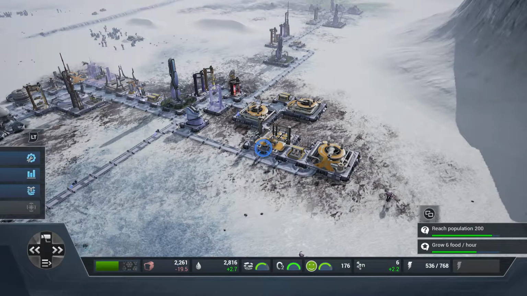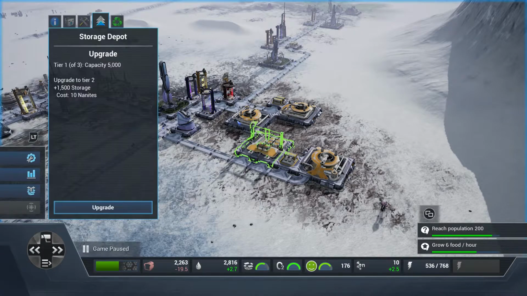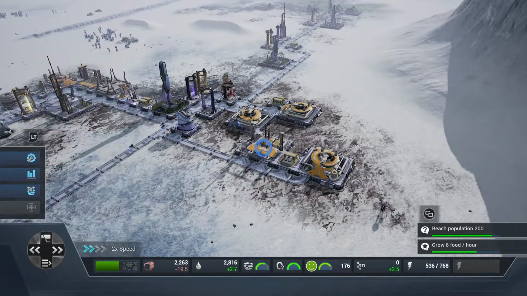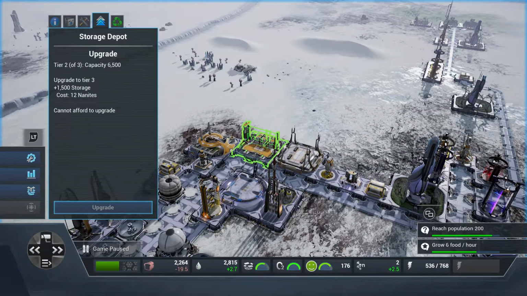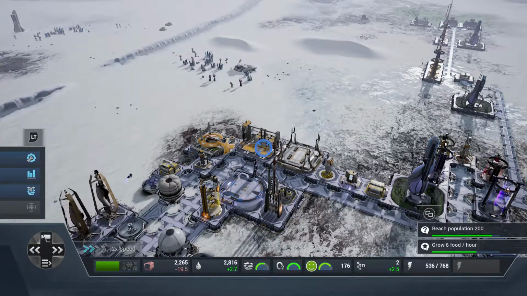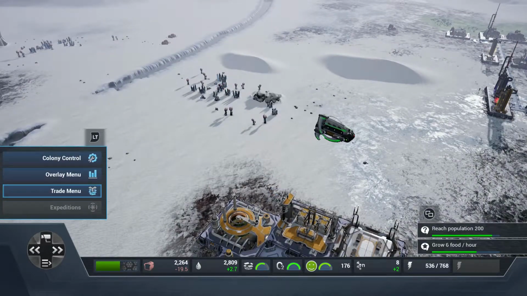A bit of a slow video today, just making sure everything that we've got is upgraded. We're ticking along towards our mission, so that's no problem. 12. Double speed as well, so we want those people in at 20. We'll have a little look at